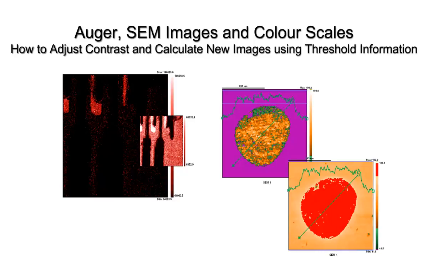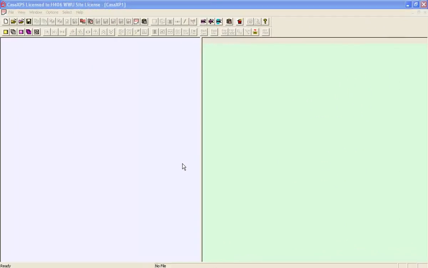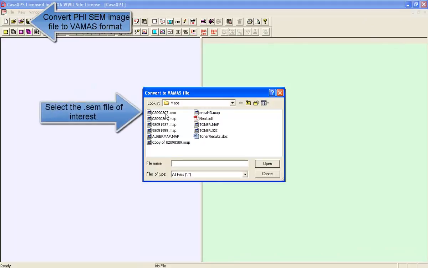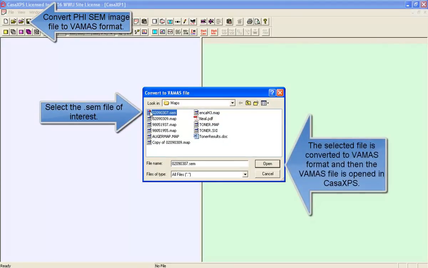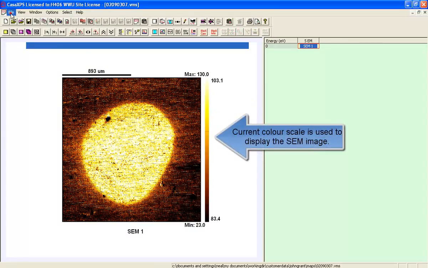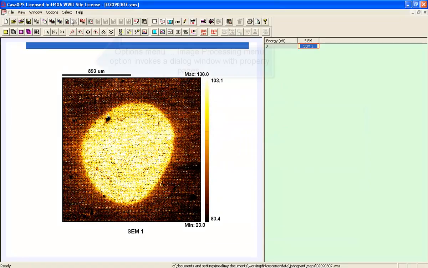In this video we'll illustrate how to adjust the contrast in images using features on the image processing dialog window. We'll load data from a SEM file and convert to VAMAS, and when we perform the convert to VAMAS operation, the original data is written back in VAMAS format into the same directory where the original data file was